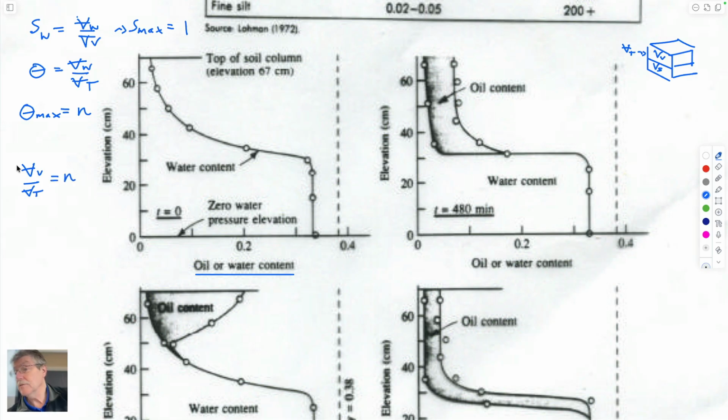And I think you also need these for assignment 3, as I recall. So useful that we're talking about them. So in this particular case, the maximum water content is this. So it seems that in this case, maybe the porosity is equal to 38%,